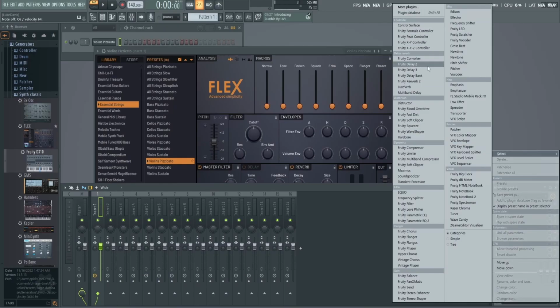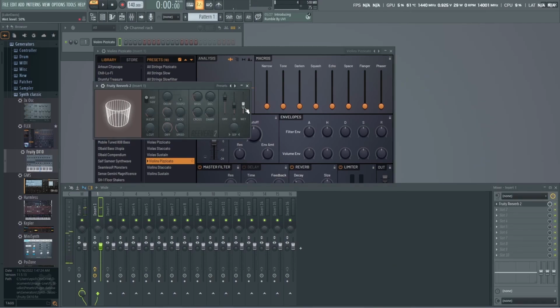Now they've got a bunch of plugins for you to choose from here. There's more plugins you can choose from here. You can use the plugin database. But in this case, I'm just looking for reverb, which we'll find under the delay reverb section. Fruity Reverb 2. As we adjust the wet,